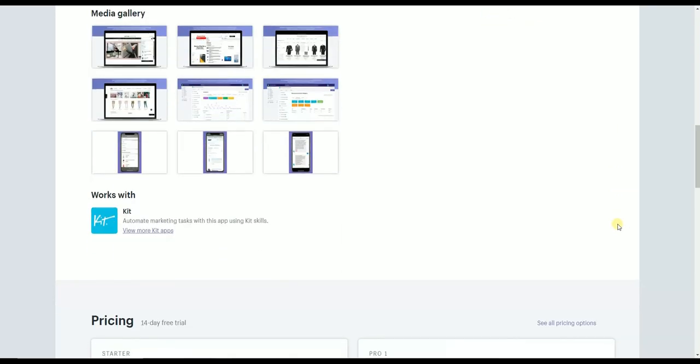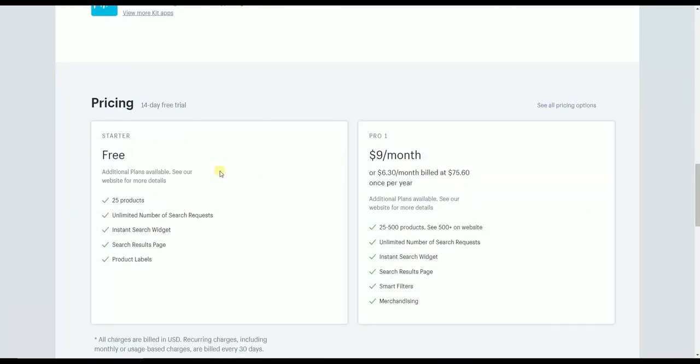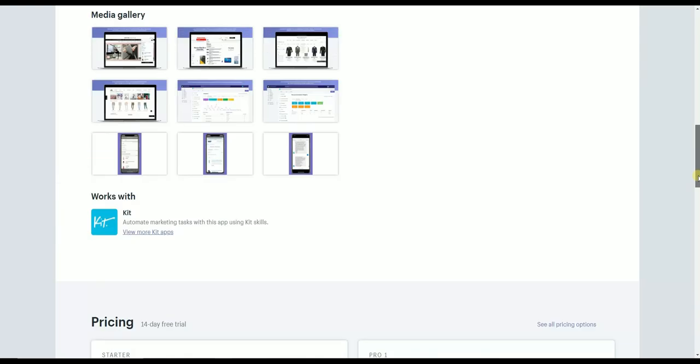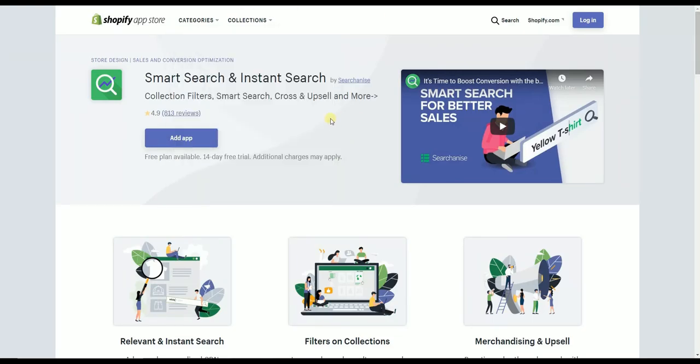As far as pricing goes, it is free to start out. There's a free plan which gives you 25 products, and then it's $9 a month once you get over 25 products up to 500. So relatively cheap pricing given all of the utility you're getting out of it. So now we're going to move on to the next one,